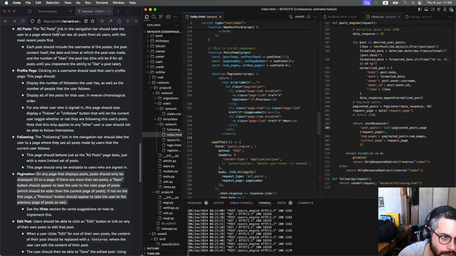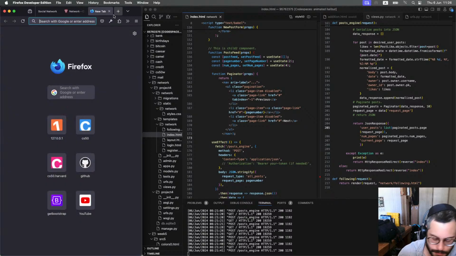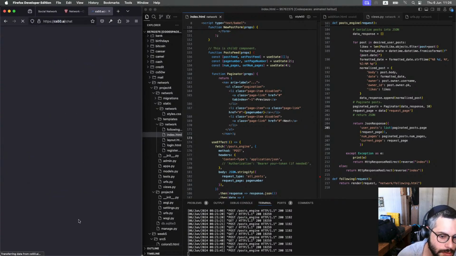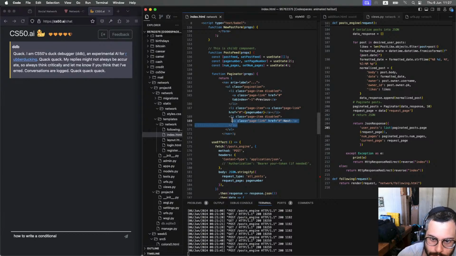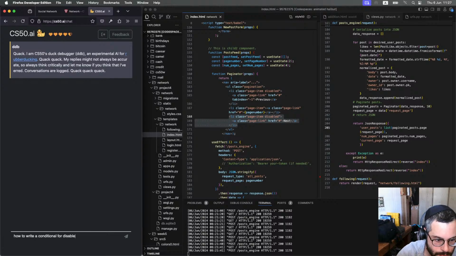So for disabled, based on whether the variable is true or false, display